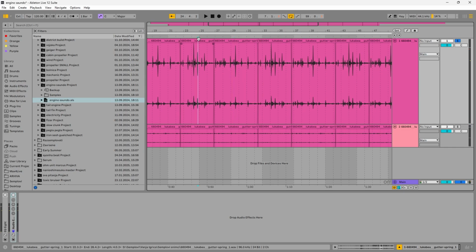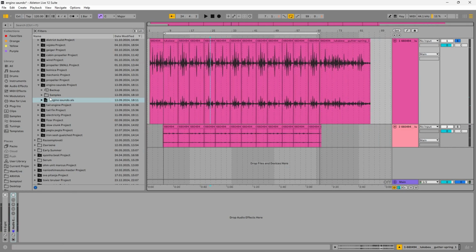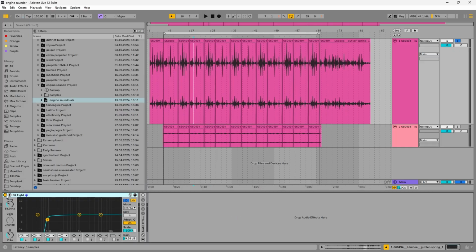So I use this as the base, and the whole thing is this giant metallic thing. So here, yeah, low rumble, and